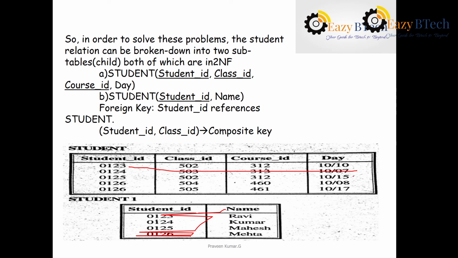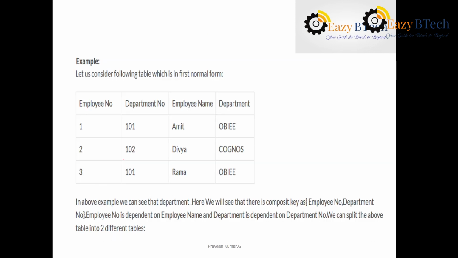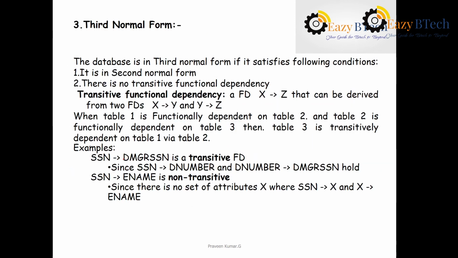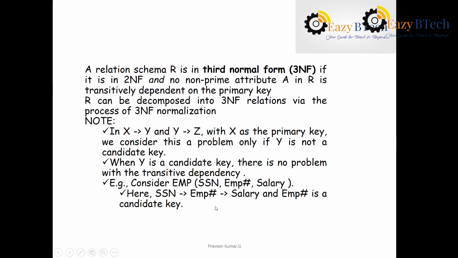Second normal form is nothing but the key attribute. Suppose you wanted to identify the class ID. This 502 class ID depends upon the course ID and the roll number 123. Now it is in the second normal form. I hope you understood about the second normal form. If you have any queries, please